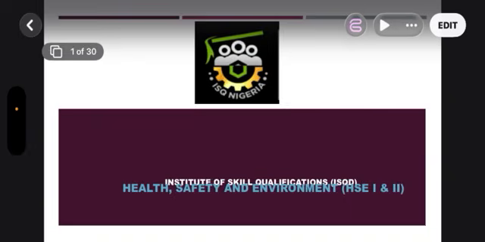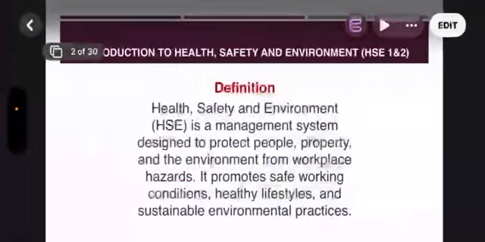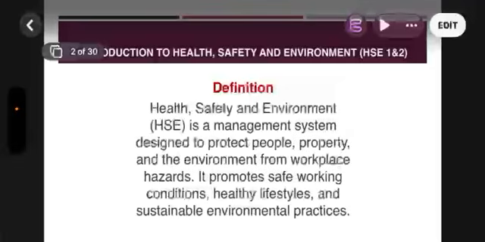Good day, everyone. My name is Professor Chris. I will be taking you on this class, Health, Safety, and Environment, Level 1 and 2. This course is also called the Safety Officers course. We'll be going through it together, and you'll be required to learn some basic fundamentals about health and safety